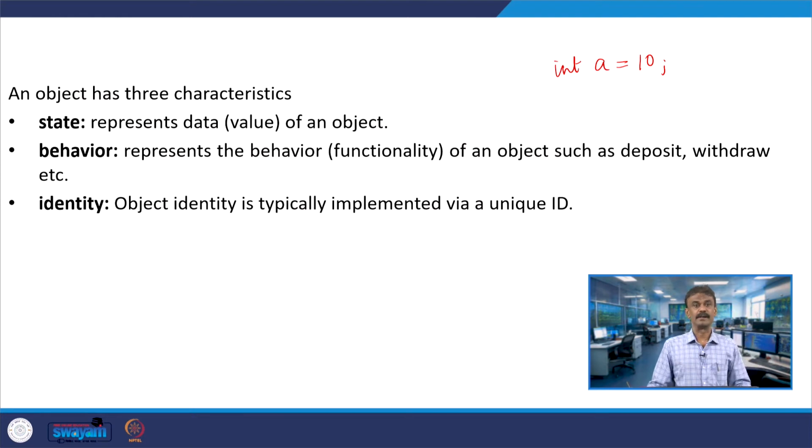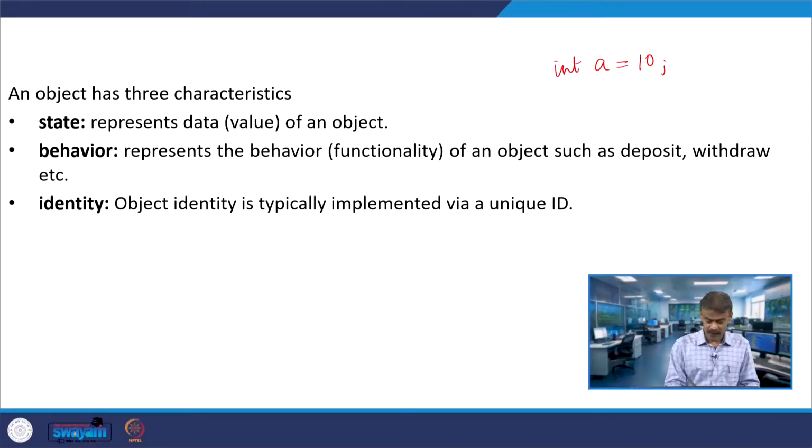Suppose we define bank as an intangible object. In the bank, what are all the functionalities that happen? The customer can deposit money or withdraw money. These are considered behavior. Or when I am talking about physical objects, if I take a bike, the bike has to run smoothly. These are the functionalities. Or in a program, the member functions that you are writing are nothing but the behavior.